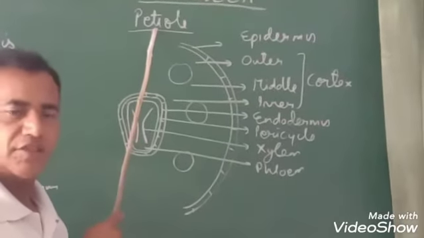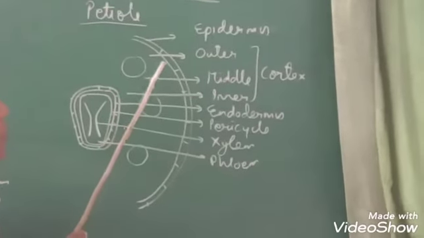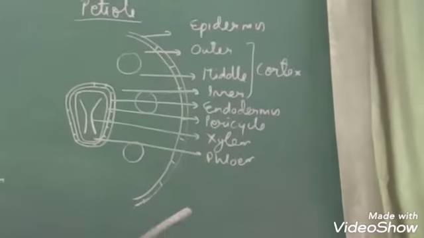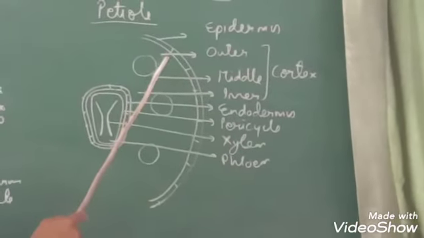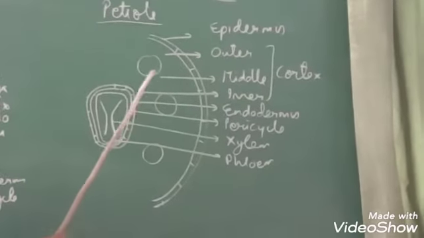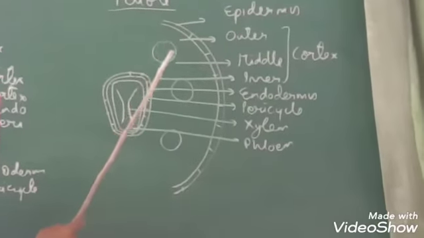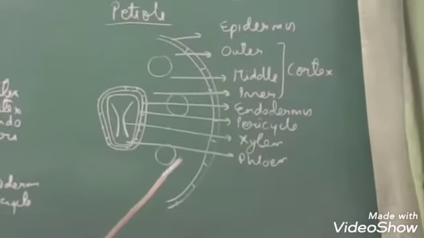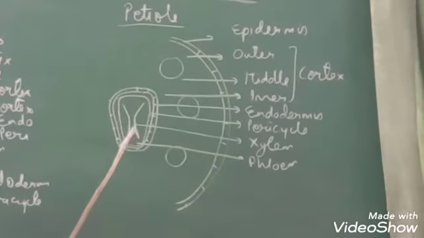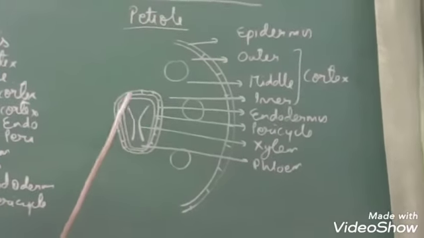On cutting a section of petiole, we find cortex and stele. Epidermis, again single layered, continuous, without stomata. Now here in petiole we find cortex having parenchymatous cells. The middle cortex has got air spaces. Endodermis and pericycle are present. The stele is triangular. Xylem is V-shaped and is surrounded by phloem.